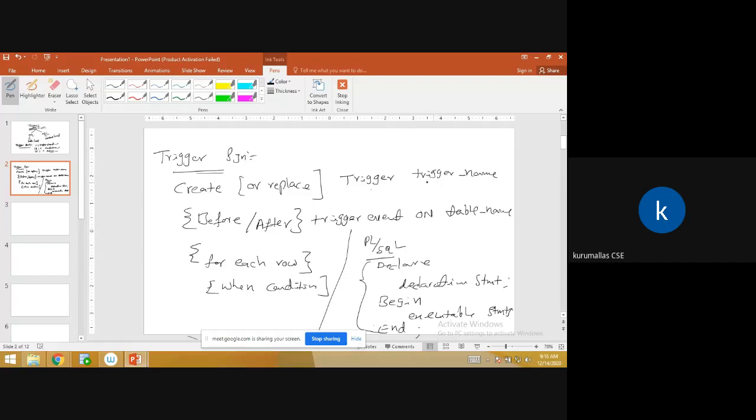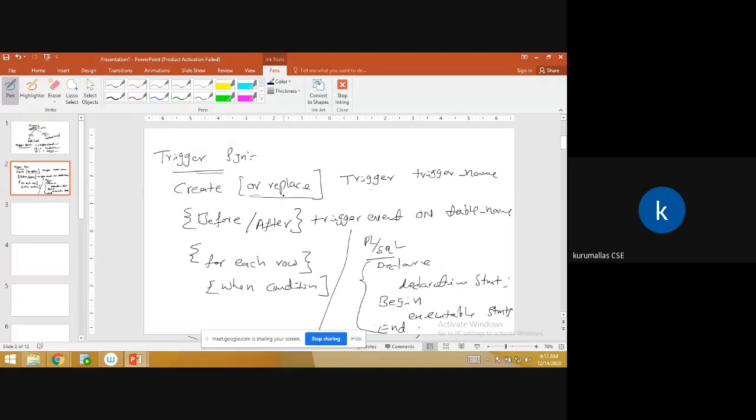If an operation_table trigger already exists and you want to replace it, you use CREATE OR REPLACE TRIGGER with a name like operation_salary. So the second one replaces the first trigger. That is the meaning of CREATE OR REPLACE; whatever you created earlier is replaced by the new one.